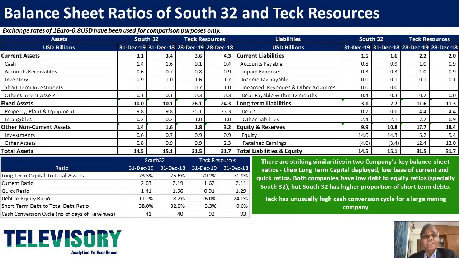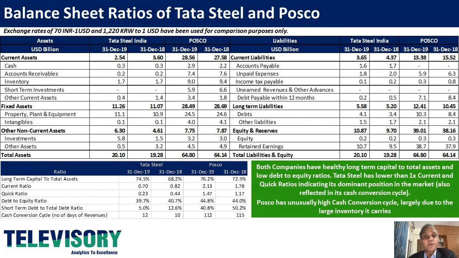We look at two mining operators, fairly large-sized ones, and again, the ratios are nearly similar, except that the cash conversion cycle of Teck Resources is significantly higher than that of South 32. Otherwise, on debt to equity ratios, Teck has slightly higher than South 32. Ratios are all nearly similar. Tata Steel India and POSCO,